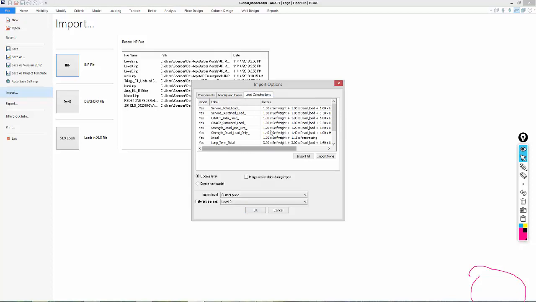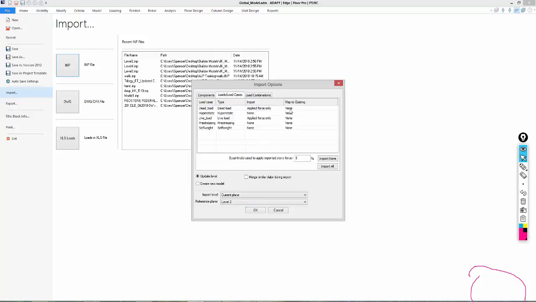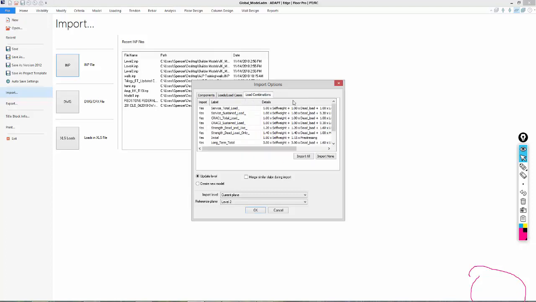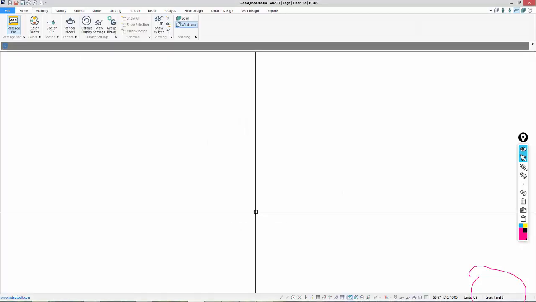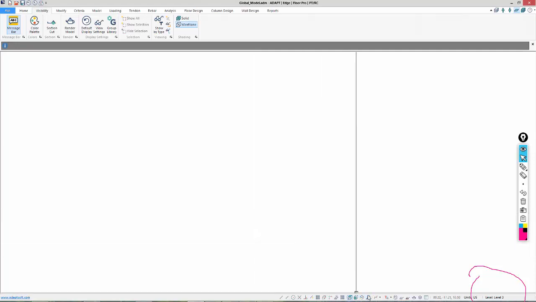You can see here your load combos include the dead underscore load. So if we map to dead load without the underscore, then we have to reassign all the factors in the combo. So that's why I'm not mapping these. So I'll import those. I do not need to import the combinations again. That's already been done. I'll say import none, and I'll make sure that this is set to level 3, and I'll say OK. Again, I'll zoom extents,